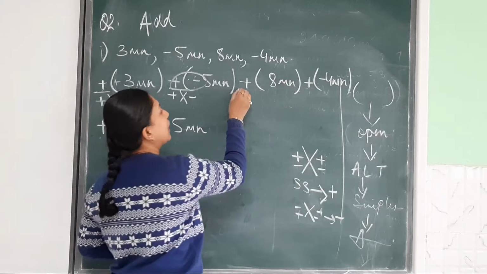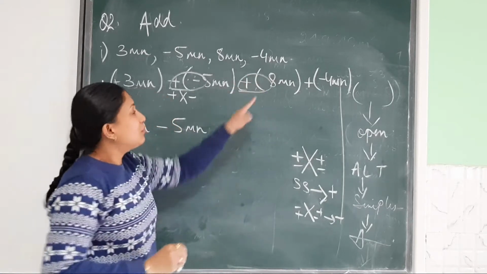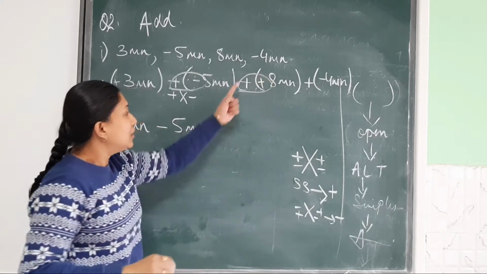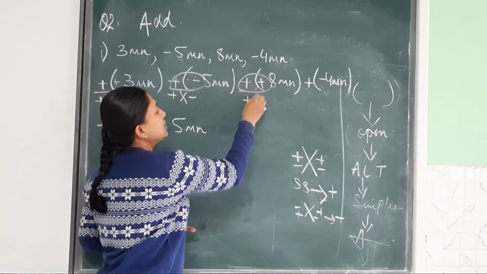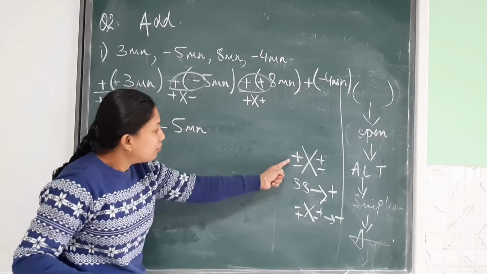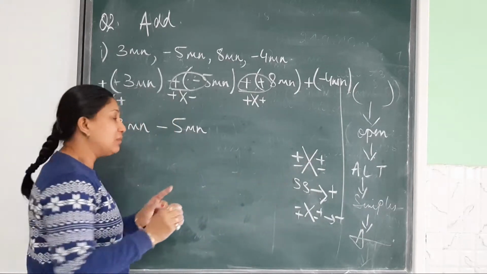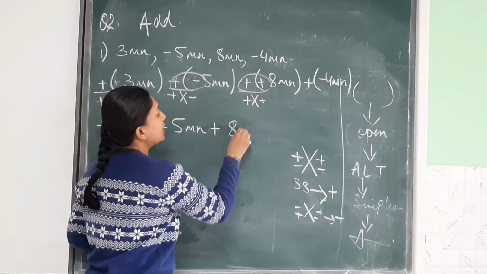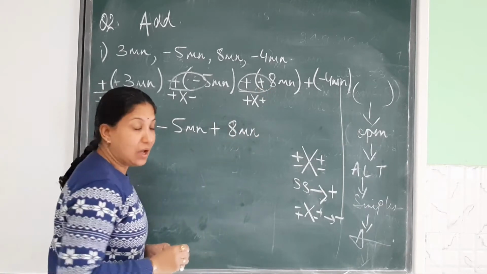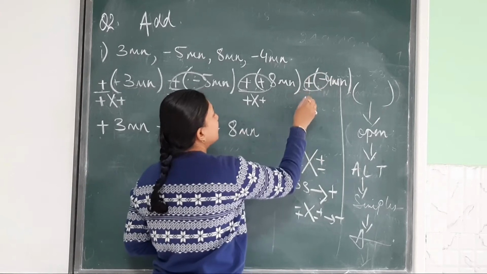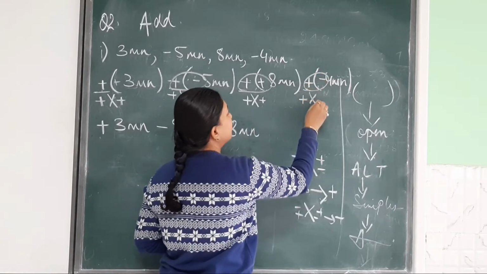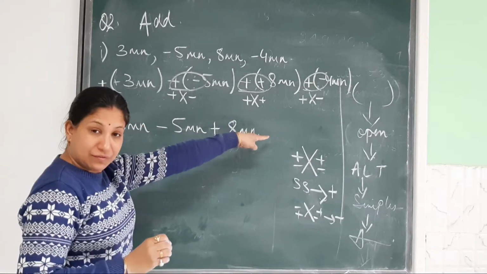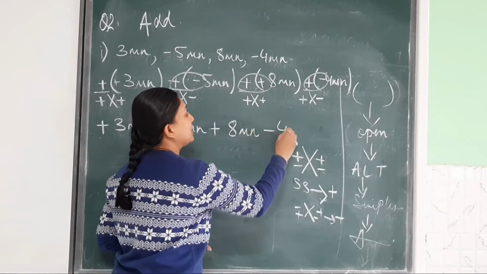Now what are we doing? Now we will multiply. But here there is no sign. That means it is a plus sign. Multiplying what? Plus multiplied by plus. Multiplying same sign, we will get a plus sign. Okay, what is it? 8mn. Now move to the next one. We are multiplying plus, bracket means multiplication, minus. Multiplying two different signs, we get a minus sign.